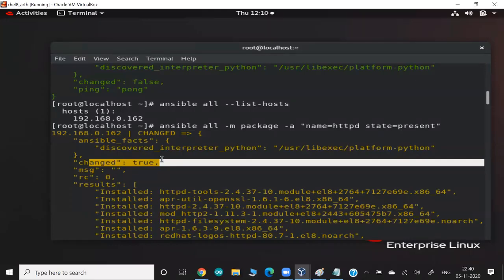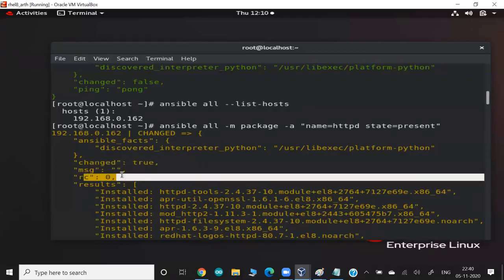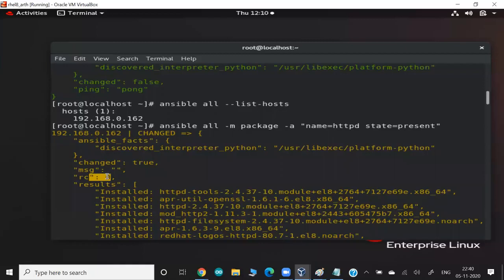Okay. But in this case, also the return code is 0. So guys, whatever you ask Ansible, either it does it for you or it doesn't. In both cases, the return code is 0, meaning it's successful. But the good thing about Ansible is that it says, because you asked me to install the